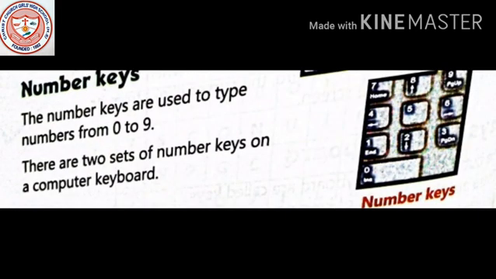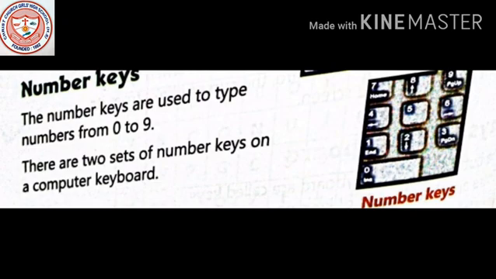Number keys. Now, like alphabet keys, there are number keys also. With the name only, you can understand numbers. In our childhood, we used to learn first 1 to 10 numbers. But on the keyboard, there are 0 to 9 numbers present.